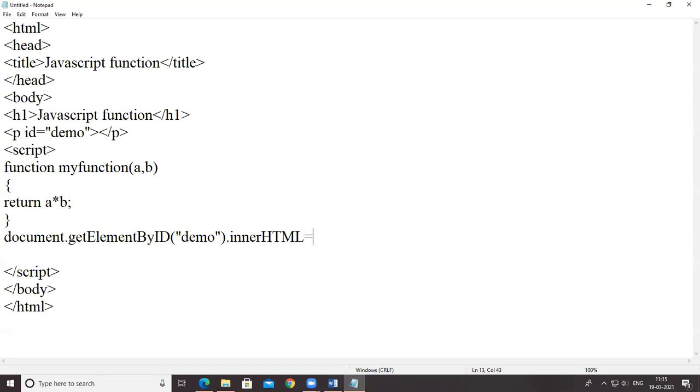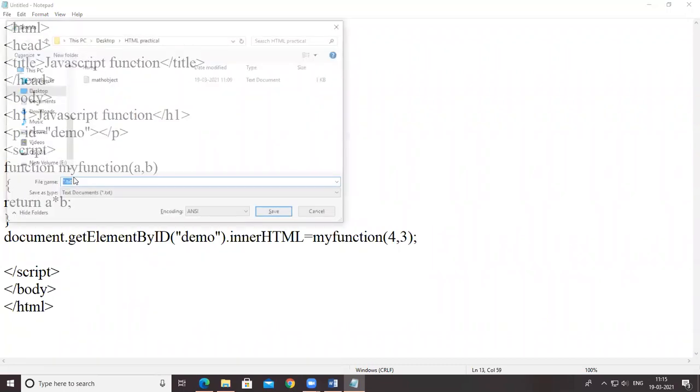Here that function is called just like this, my function, and in bracket assign the values to the parameters, that is value of a is 4 and value of b is 3. Okay, so here that function is called.